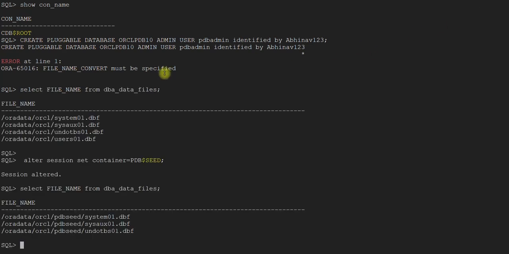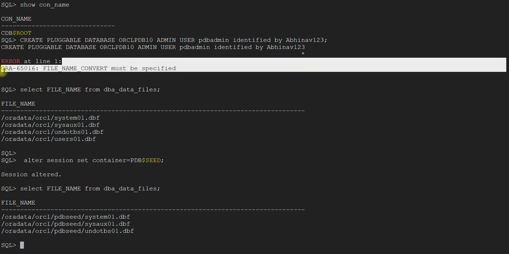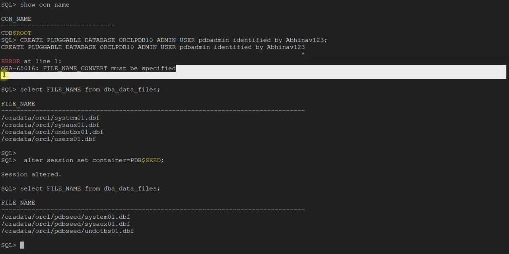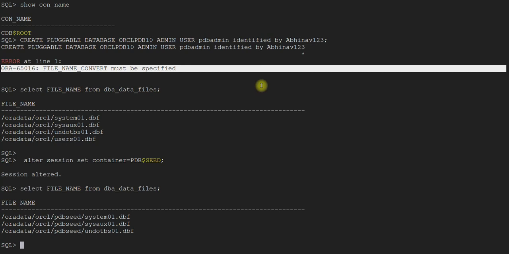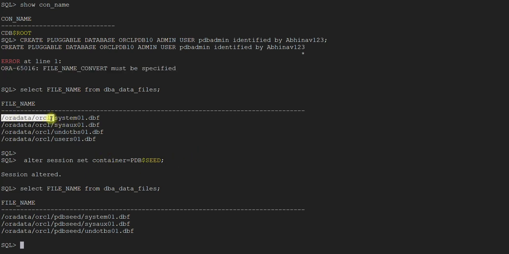Okay, so welcome back. There was an issue, right? It is throwing an error saying file name convert must be specified. So if you are using an OMF based file system, then there is no issue, because you will mention the directory structure, right? So let's say the directory structure is ORCL data ORCL, so it will create the subdirectory under this one, and it will create a folder, naming it whatever database you are creating.